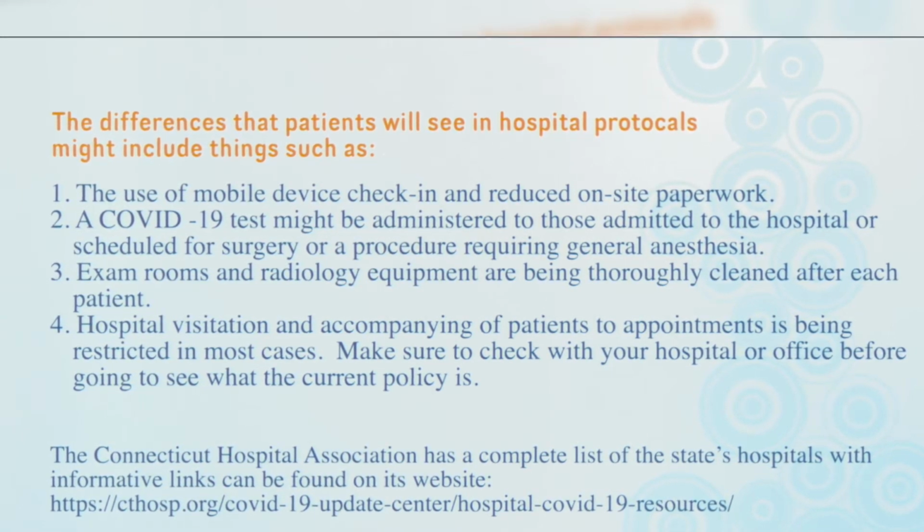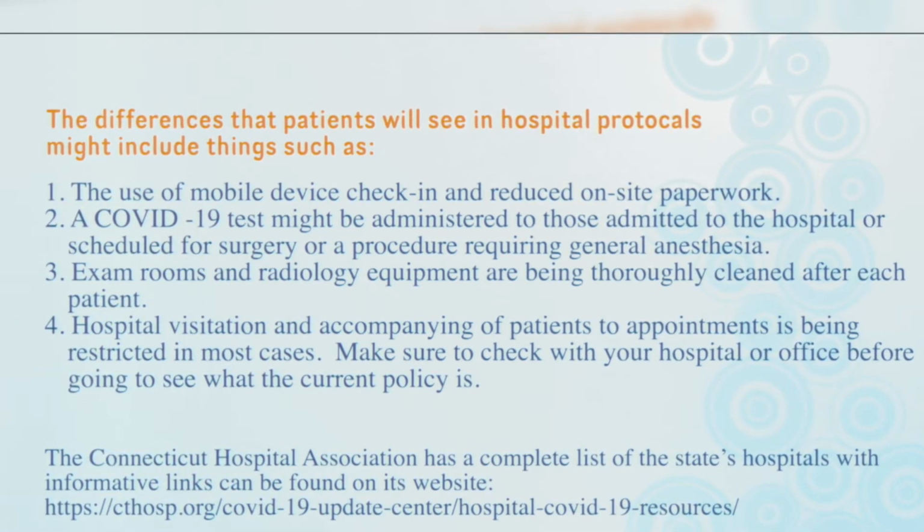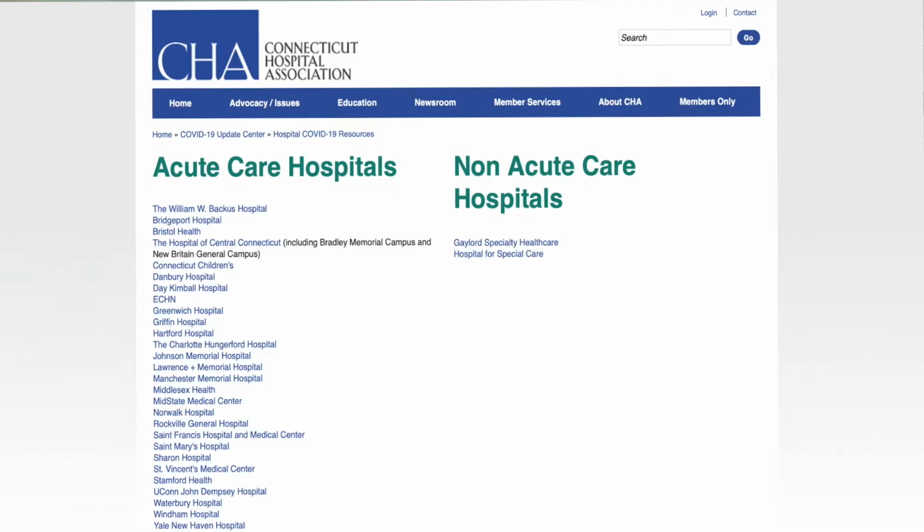Make sure to check with your hospital or provider's office before going to see what their current policy is. The Connecticut Center for Patient Safety urges you, if you have a patient who needs to have somebody accompanying them and they are not being permitted, to speak with an individual at the facility to see if an exception can be made. The Connecticut Hospital Association has a complete list of the state's hospitals with informative links, and it can